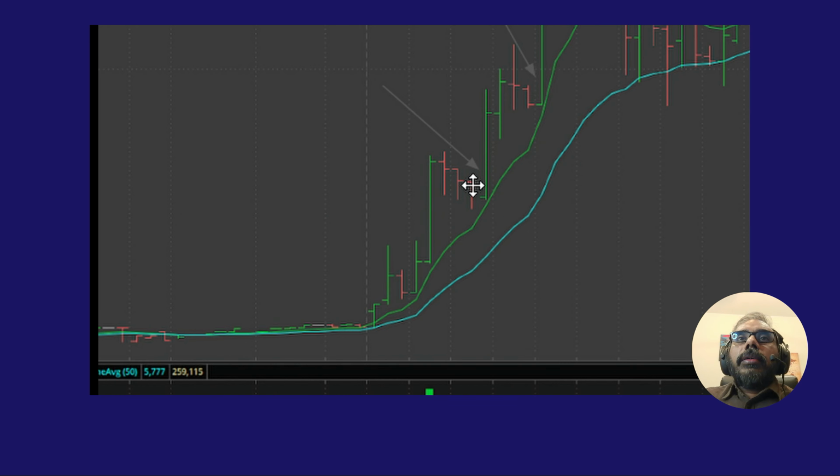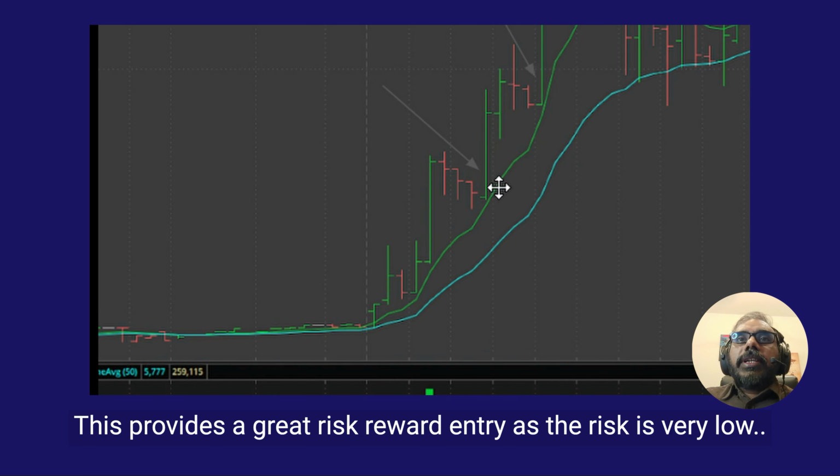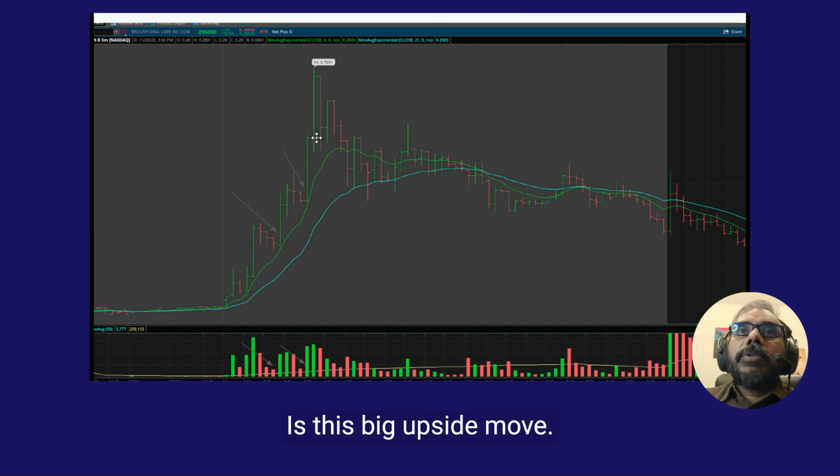And this provides a great risk reward entry. The risk is very low, and then the reward is this big upside move. And sometimes